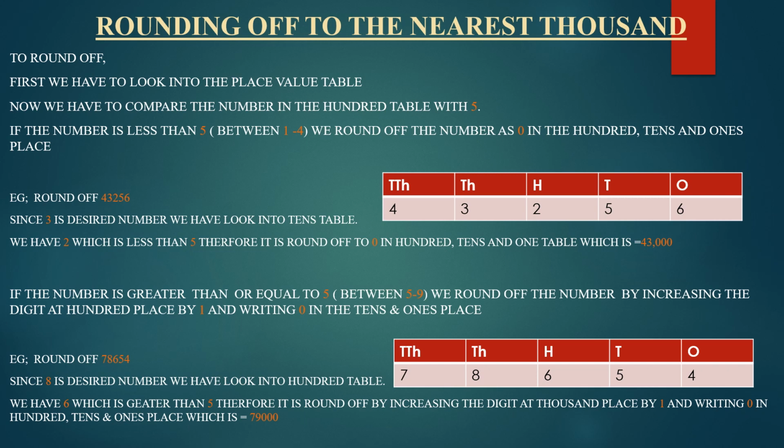Therefore the number becomes 79,000. Once again, since it is greater than 5, we round up. Round up means in the thousands place we add 1 and the rest of the columns, hundreds, tens and ones, will be made into zeros. I think it is quite clear for you. Okay, we will be learning some